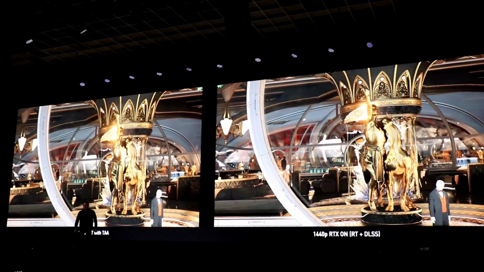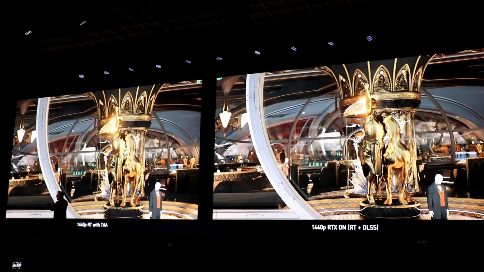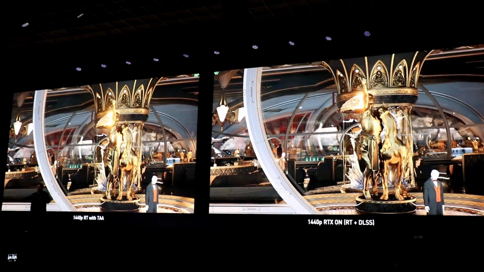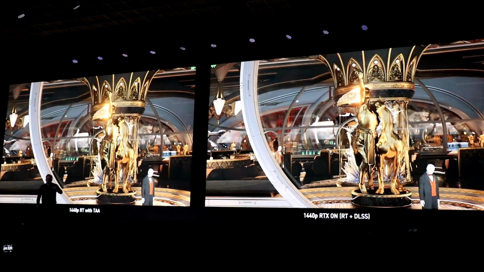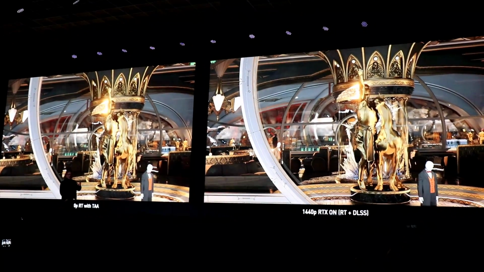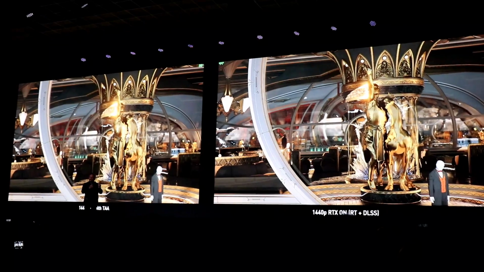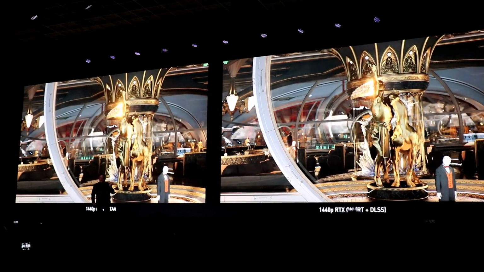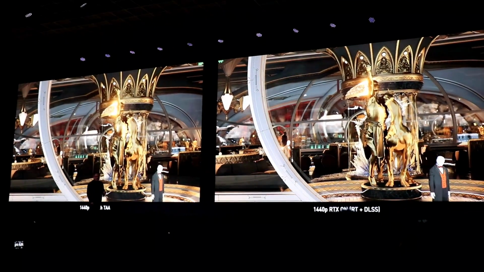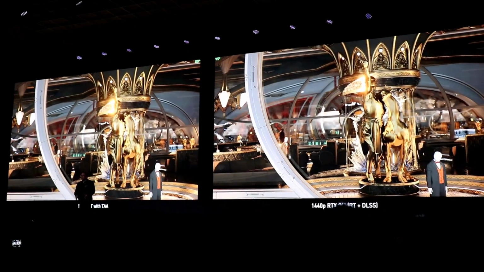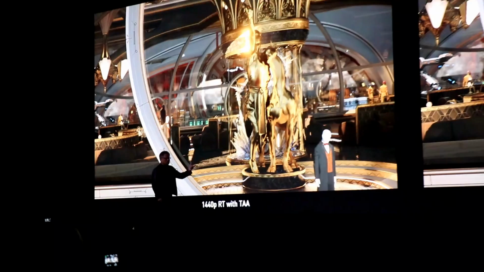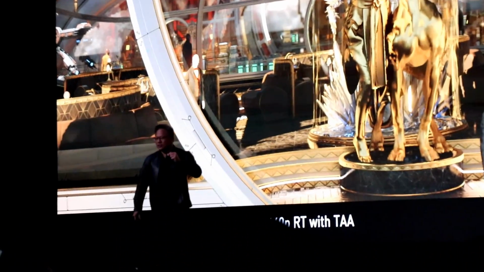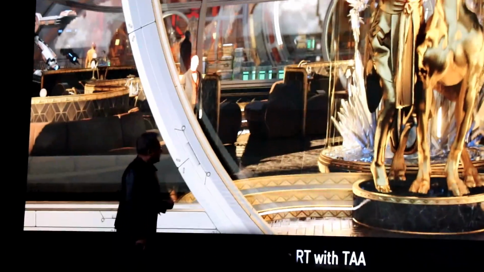Notice how crisp everything is. And the reason for that is because this DLSS network learned from a whole bunch of really high resolution, really beautifully rendered images. And it learned how to reproduce it. It learned how to reproduce it using a supercomputer that we invented called DGX2, running deep learning, this new auto-encoding neural network that we call DLSS.